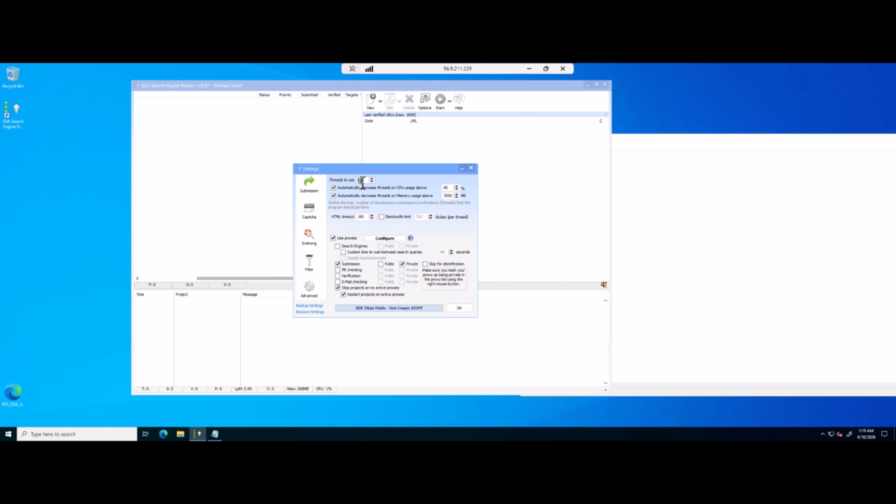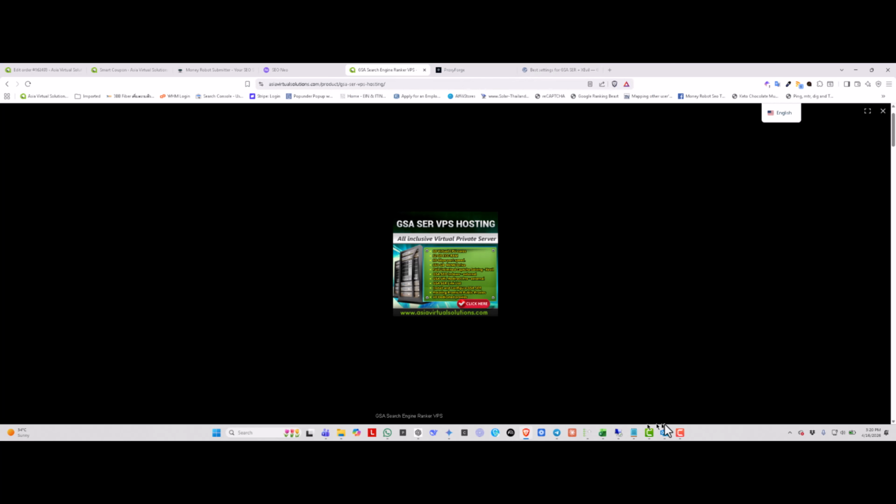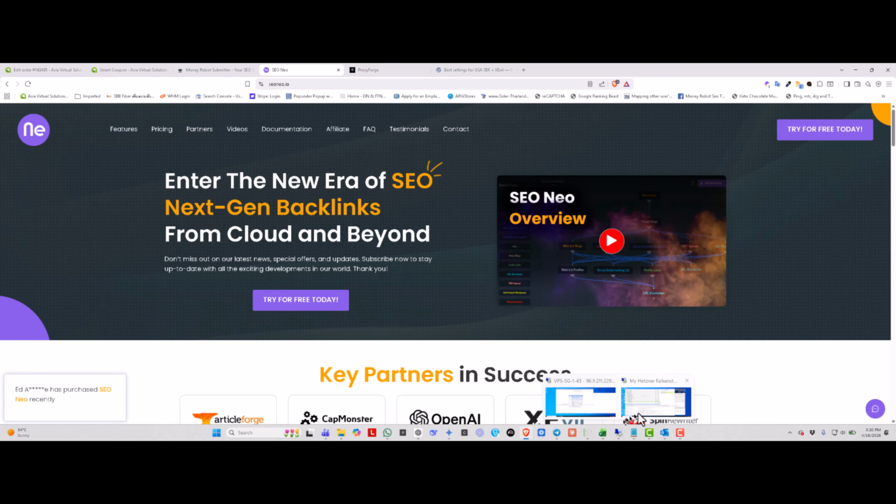But I would recommend you run at about 300 threads. That way the captcha solvers are going to be able to keep up, and your proxies are not going to get burned. This is also based on the amount of memory available and the number of projects you have. For instance, let me show you. Let me just close this stuff here. Let's look at this